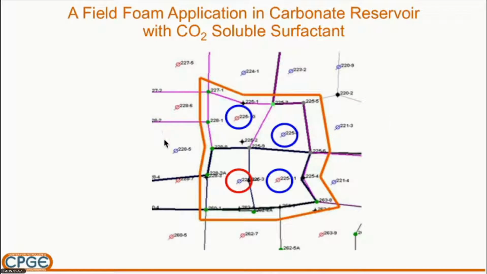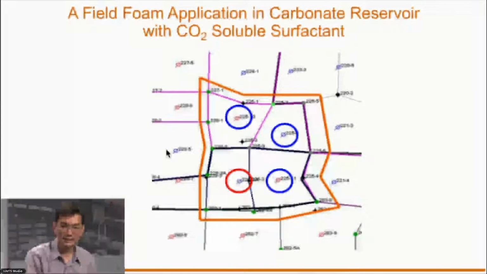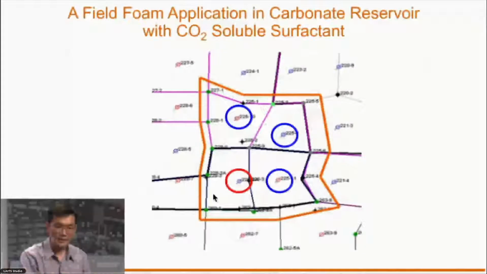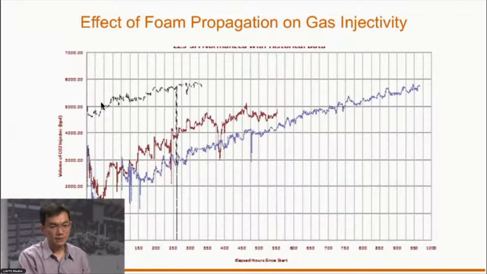So let me close on the CO2 soluble surfactant concept by showing you very quickly how we implemented this design, the novel foam process, in the field. Again, we did it for 4 patterns, but I only show you 1 pattern. Again, it is an inverted pattern, 1 injector, 4 producers. And this figure is showing you